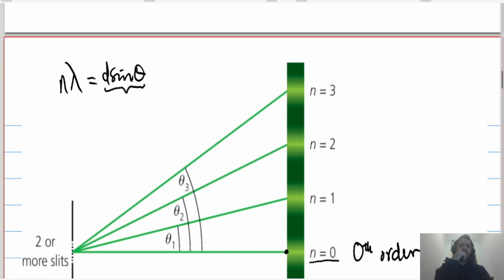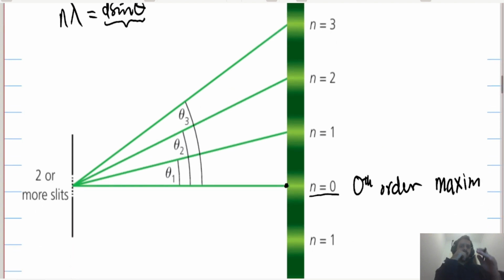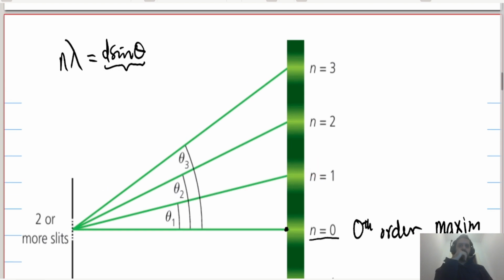d sine theta is actually the path difference between light coming from different slits. So this is path difference, and n lambda means that it must be an integer multiple of lambda if you are looking at maximas, for example, bright spots. If you are looking at dark spots, then this equation will change. It will be different, because for destructive interference, path difference should not be n lambda. It should be an odd multiple of half lambdas, which you can write like this: (n plus 1/2) lambda